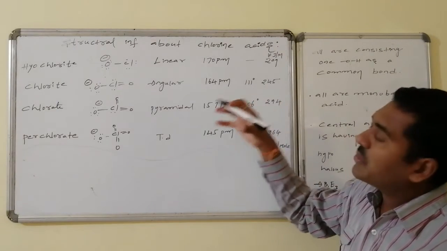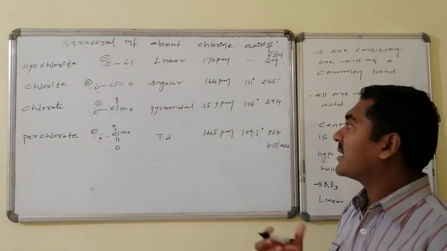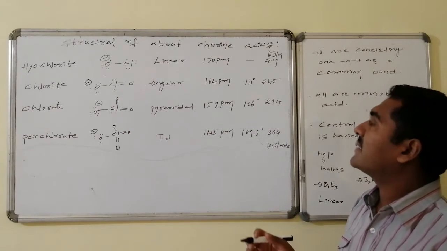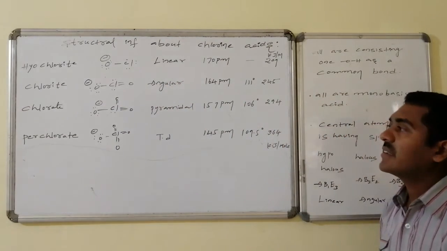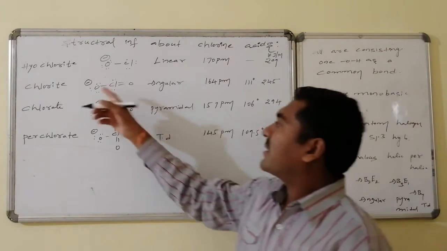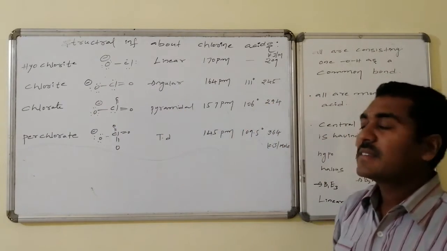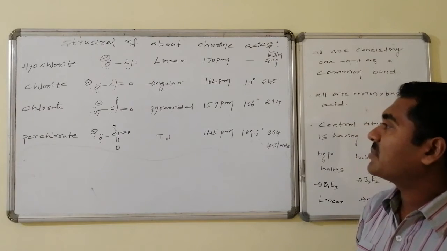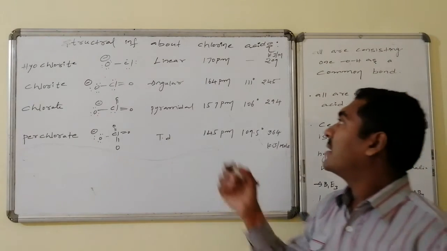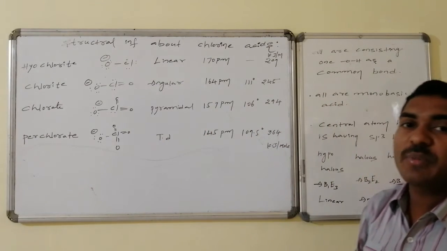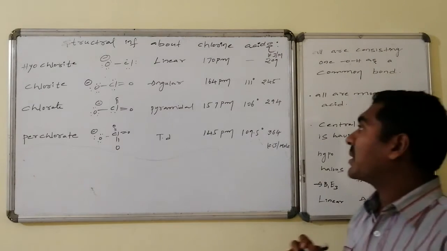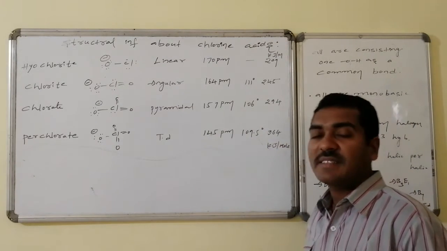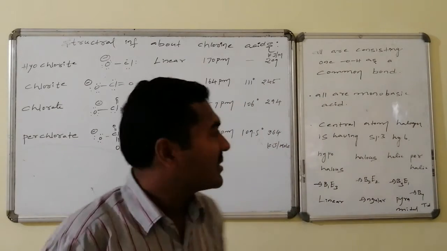Moreover, due to resonance, the bond energy goes on increasing and the bond length goes on decreasing. This is an exact single bond, hence it is 170 picometers. Whereas it is intermediate, resonance is involved over here, that is, partial double bond character is present for every variety of bond, hence the bond length is found to be lesser compared to case number 1, and it is 164 picometers, this is 157, and this is 145 picometers.